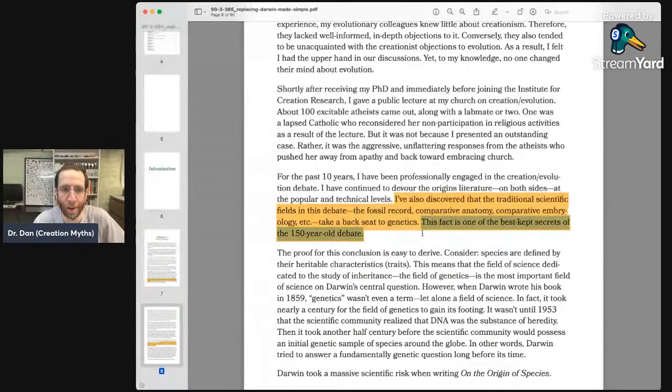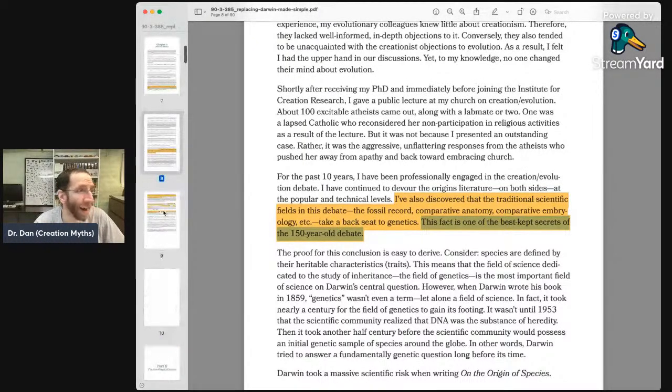No, it's not. It's not a secret. Nobody keeps it a secret that genetics is the best evidence for evolution and the ground on which this debate should be fought, and the field of genetics is the ground where the contention is. People ask me, Dan, what's the best evidence for evolution? The answer is genetics. And I can name a bunch of specific things in the realm of genetics. That's what it's all about. Nobody's keeping it a secret. It's just not true. There's a lot of claims like this in this book where he just says something and it's just not true, as we'll see.